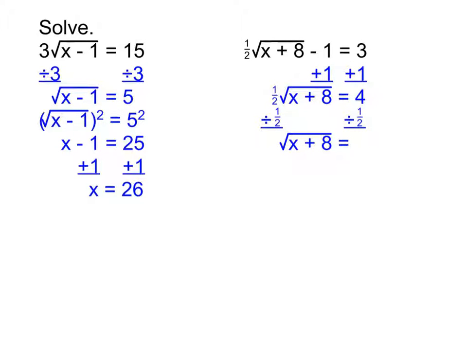When I look at this, I just see 1/2 times the square root, and I've got to get rid of the 1/2, so I'm seeing I've got to divide by 1/2. Now I want to take a moment on this part of the process though, because it throws some people off at times. So when I do 4 divided by 1/2,